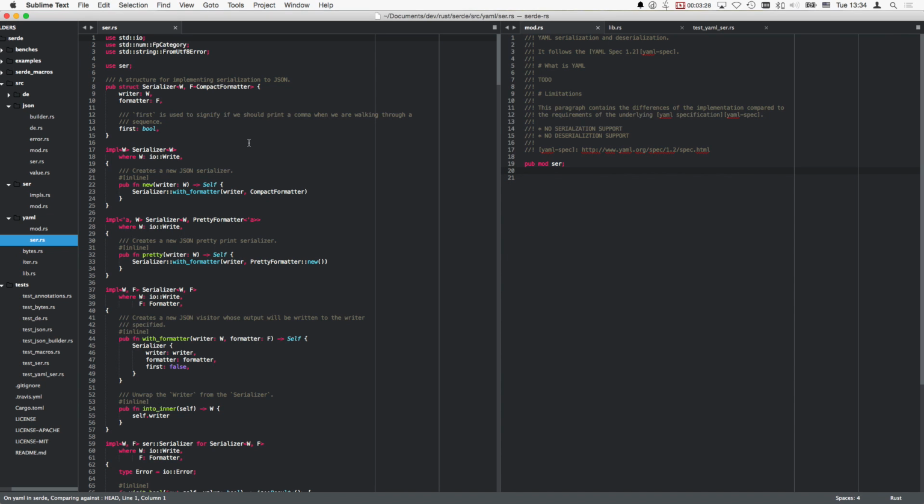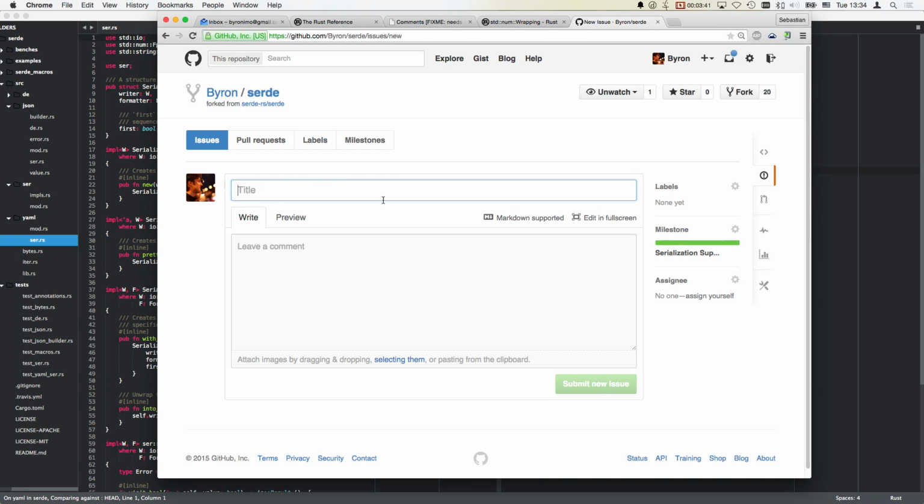I guess I also want to set up, you know what? I think I want to set up some sort of testing. I want to be able to test this properly. And this is something that's basically worth a ticket, right? So